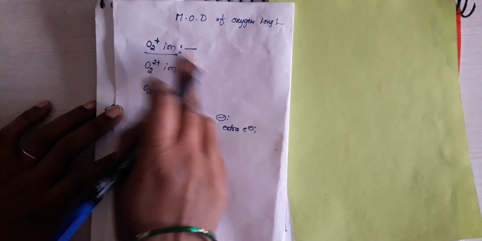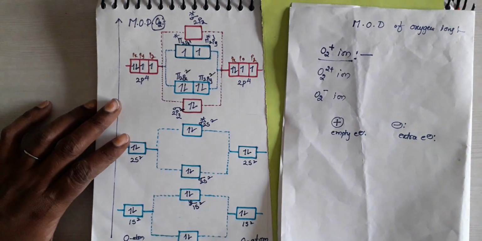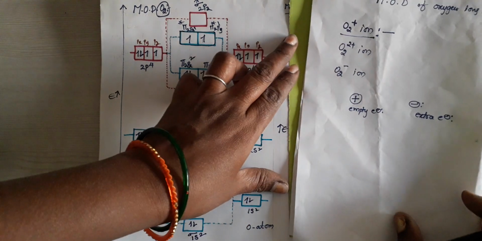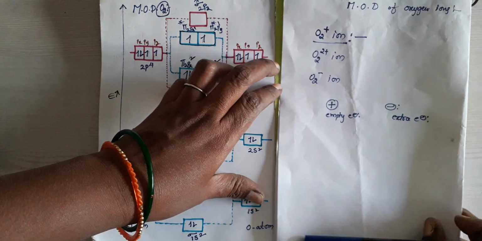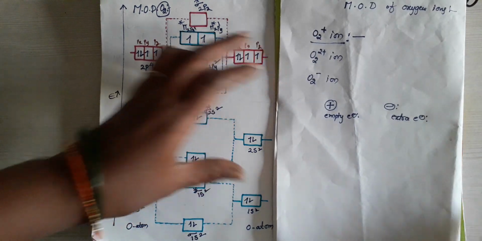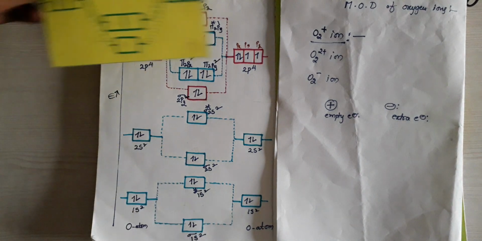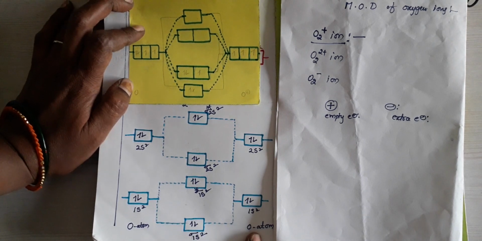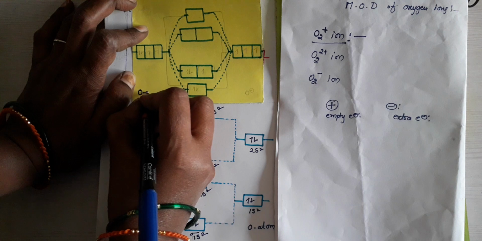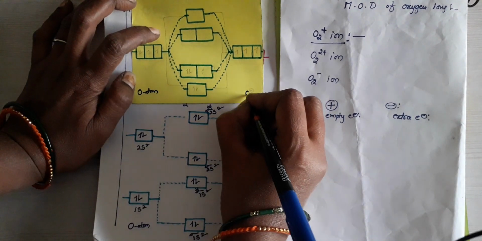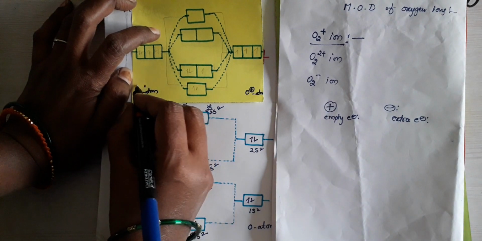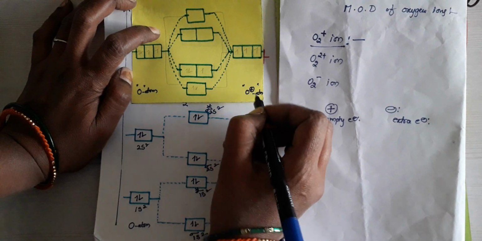So here we are first learning the O2 plus ion. This topic was already covered in the previous video. If you want, see that video and clarify your doubts. In that video I explained more, and also some tricks. So see here, up to here it is the same. Here an oxygen atom, here O plus. On one side is an oxygen atom, and on the other side is an oxygen plus, nothing but an oxygen that has lost an electron.